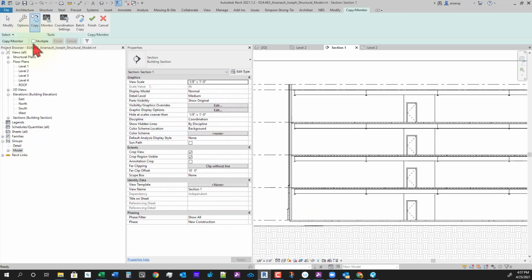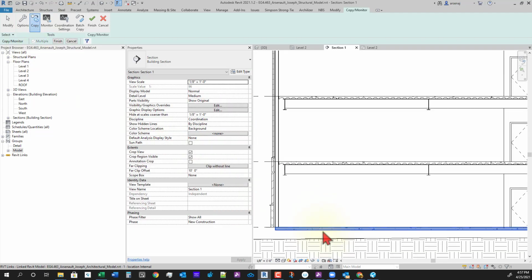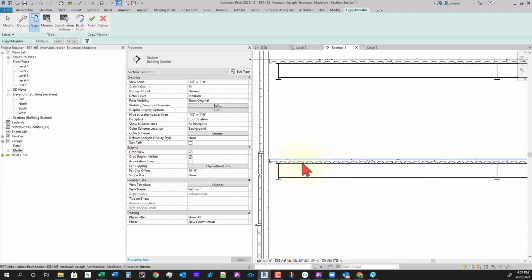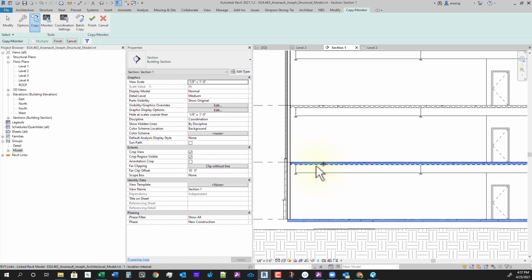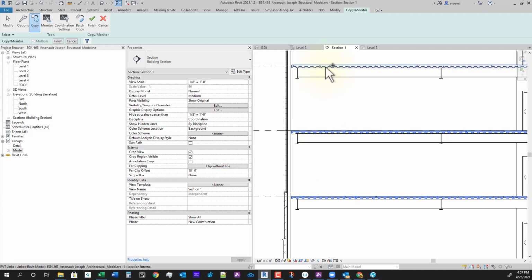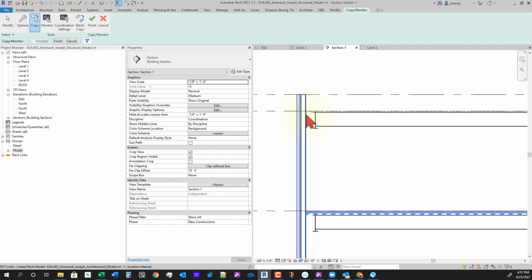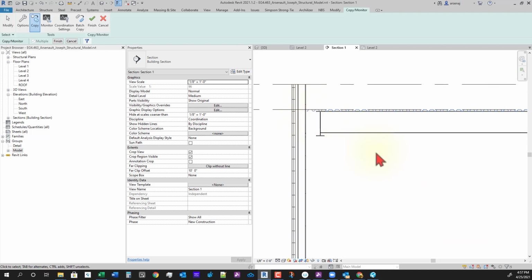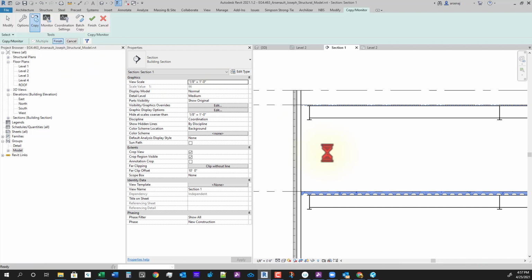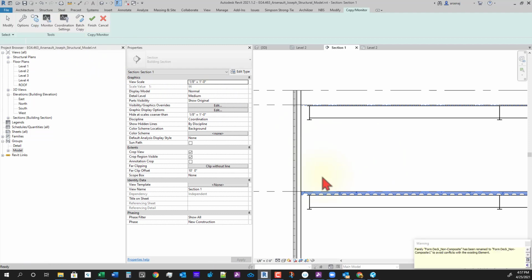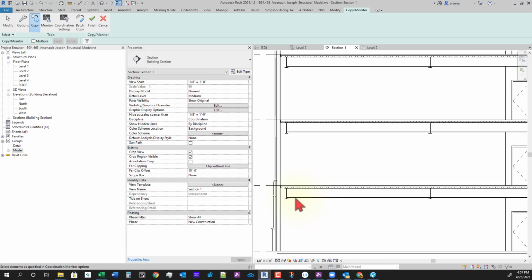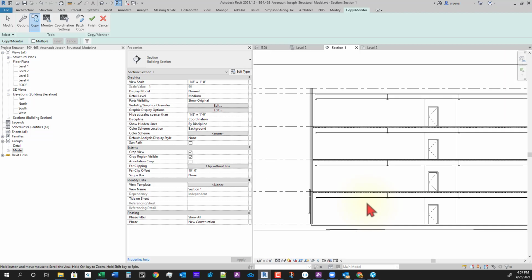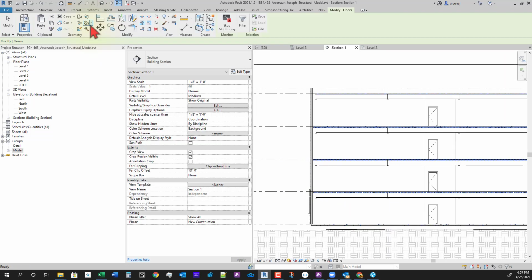So now we can copy multiple and pick the slab on grade. Oops, I'll fix slab on grade. Hit Control to add to your selection. Hit the next floor up by holding Control, and then hitting this last roof deck. Once you're done, you can hit Finish. And it copies them into our model. So now we have the architectural floors in our structural model. As you can see, it changed the deck direction. So what we'll want to do now is hit finish copy monitoring,